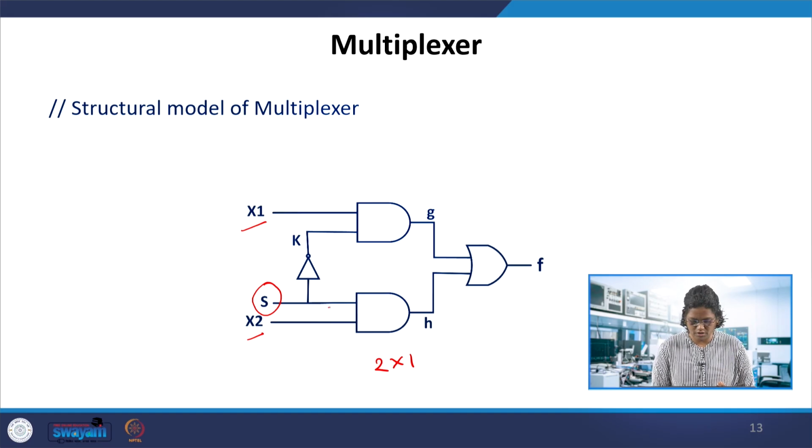If S is 0, then this becomes 1, and whatever x1 and 1, this AND gate will give G. If S is equal to 1, then this AND gate depends on x2, and this will give H. G and H are ORed to give F. So F will be either x1 or x2, the values assigned to it.